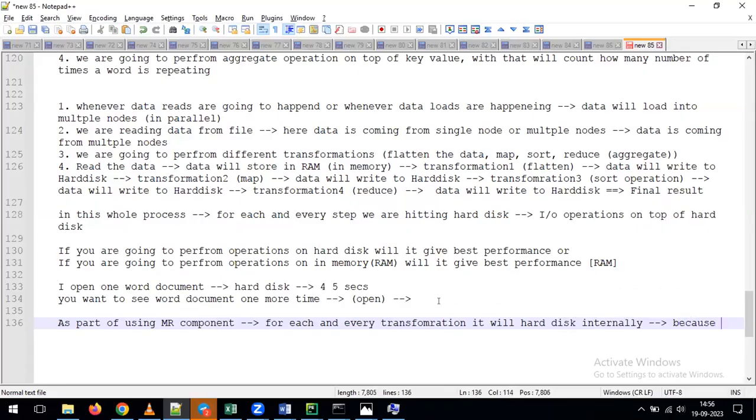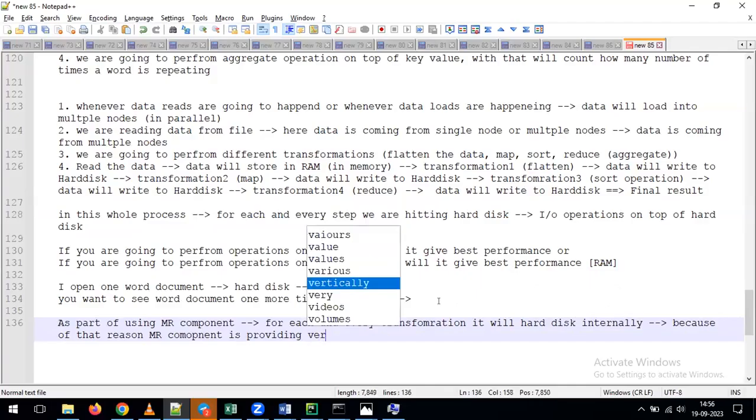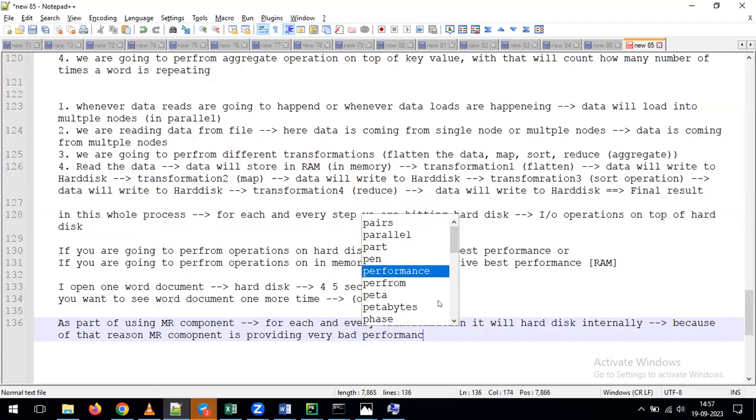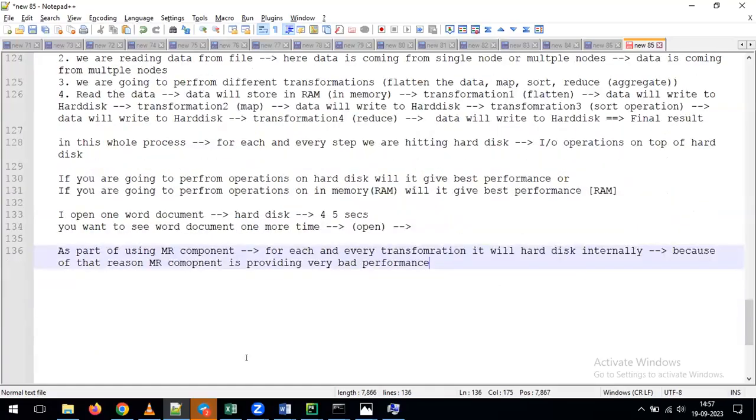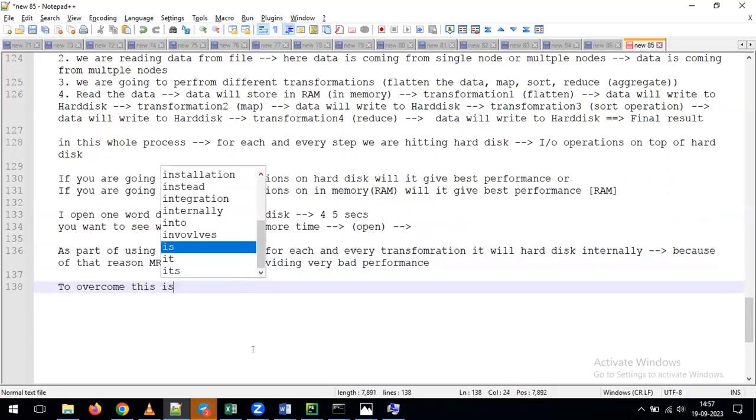Because of that reason, the MR component is providing very bad performance. So because of this reason, MR programming, or the MR component, is providing very bad performance only. Now, simply we can say, to overcome this issue,